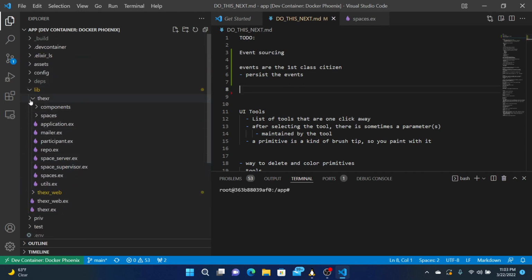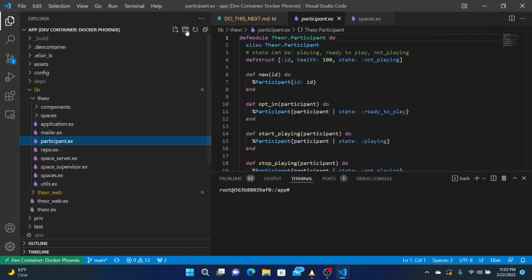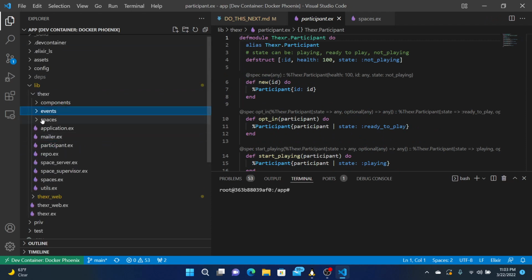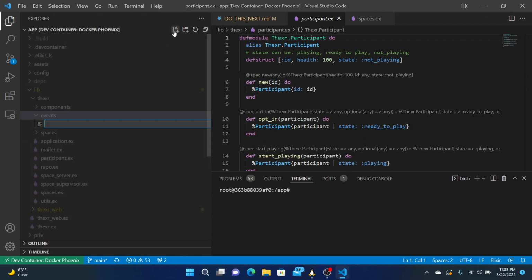So in our lib, the XR, we can create a folder called events. And in this events folder, let's create some files. Maybe a file per event type. Create a space could be an event, or maybe this is limited to within a space.